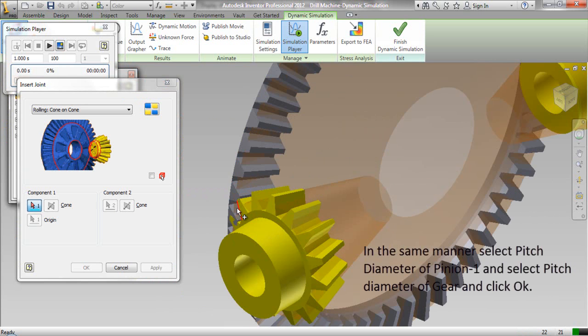In the same manner, select Pitch Diameter of Pinion 1 and select Pitch Diameter of Gear and click OK.